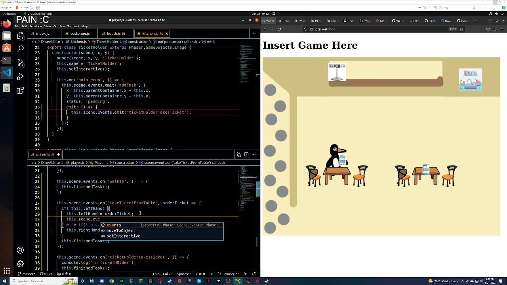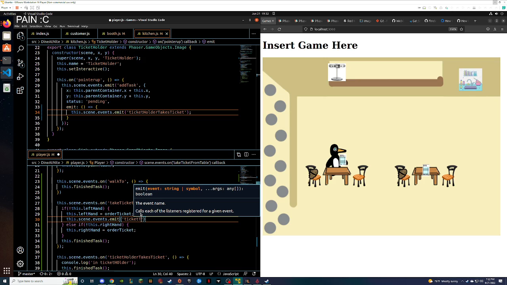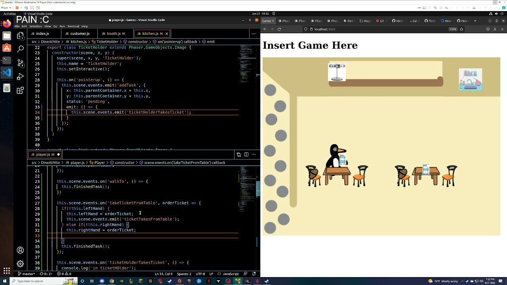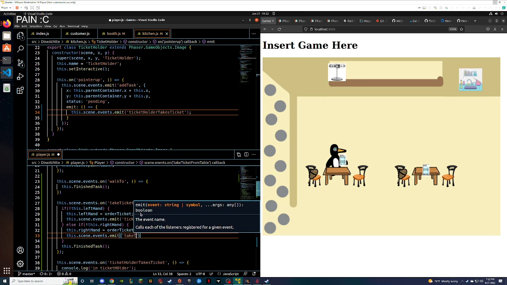This dot scene dot events.emit ticket taken from table. And we have to do the same here because we don't want to take the ticket if we didn't put it in our hand. Take ticket from table.